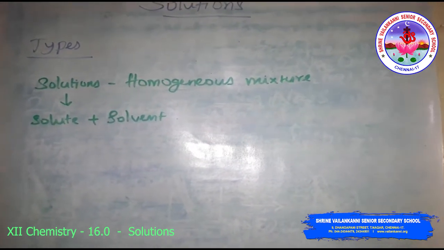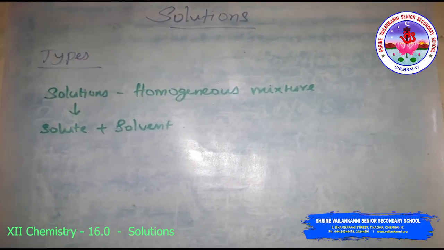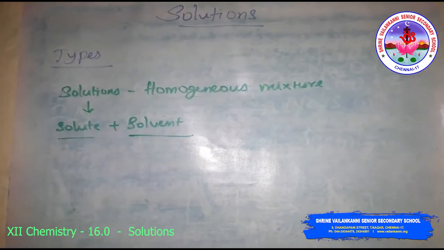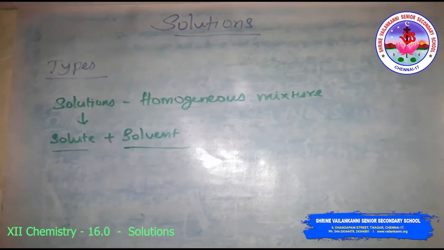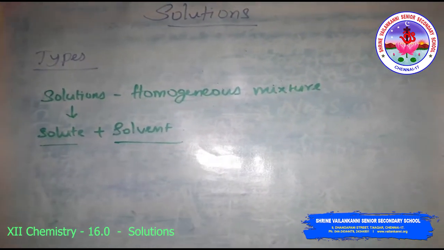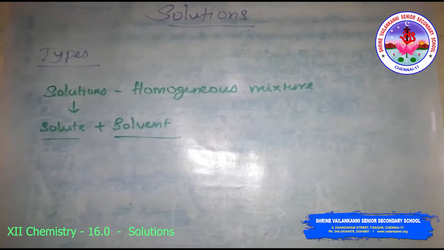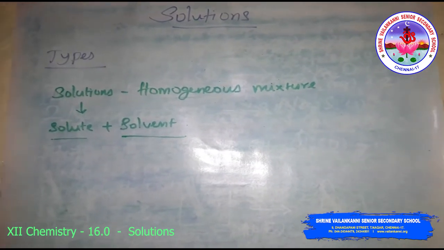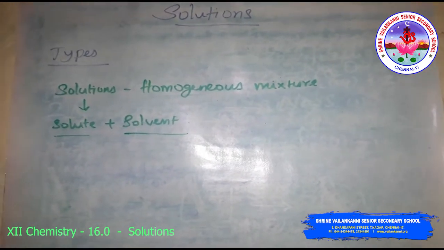solvent is the component that is present in the largest quantity. So this is the largest quantity and this is a small one. That is, the solvent determines the physical state in which the solution exists. One or more components present in the solution other than the solvent are called solute. Okay, this is solution. And for the types of solution, here we are going to discuss only binary solution, that is, only two components.